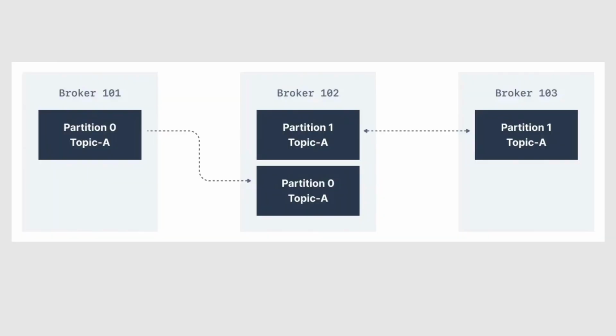So here's an example of a partition being spread out. You have broker 101, broker 102, and broker 103. You have partition 0 and 1, and they all belong to topic A, right? Partition 0 is being stored in 101, but you also have a replica of it stored in broker 102. So if, for instance, broker 101 breaks, we still have that information in broker 102. It's the same logic if broker 102 fails and we need partition 1 and partition 0, we have another copy in broker 101 and in broker 103. So it's very fault tolerant, because if one broker fails, another broker can pick up where it stopped.